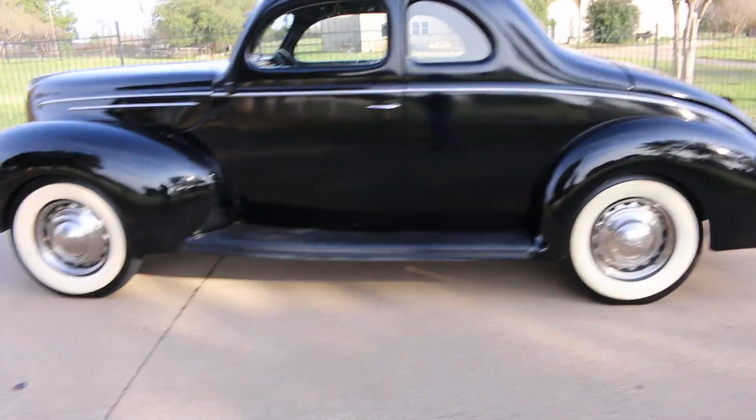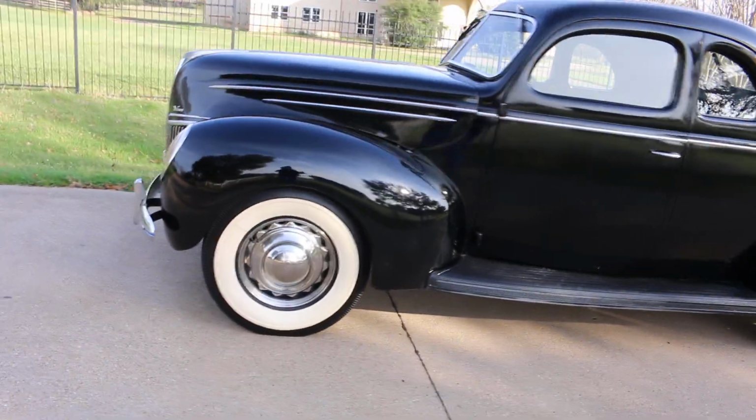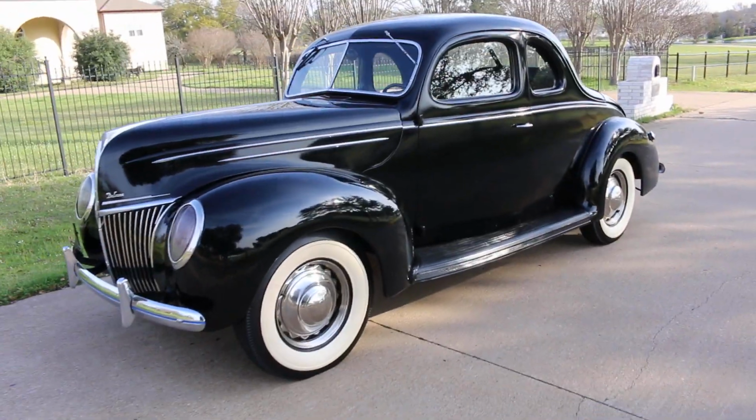The 1939 Ford Deluxe Coupe, flathead V8, brought to you by